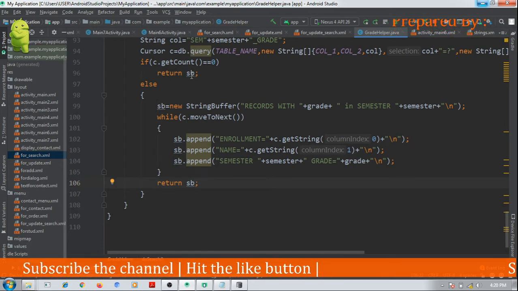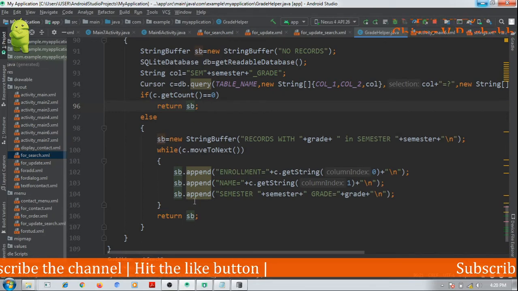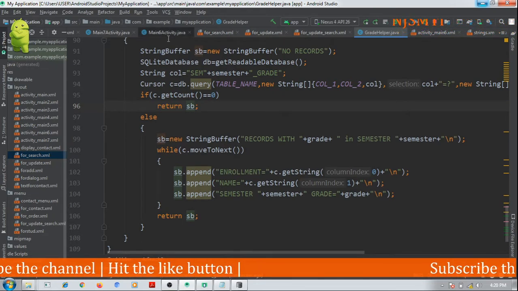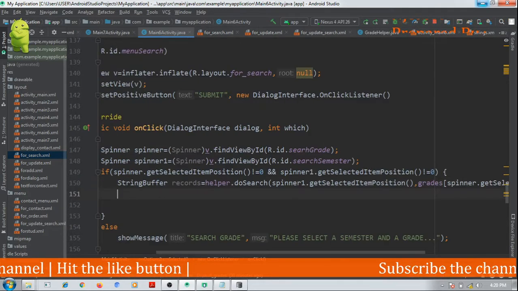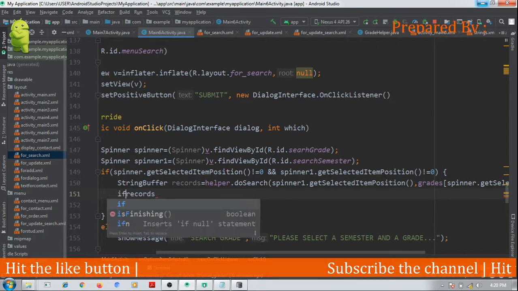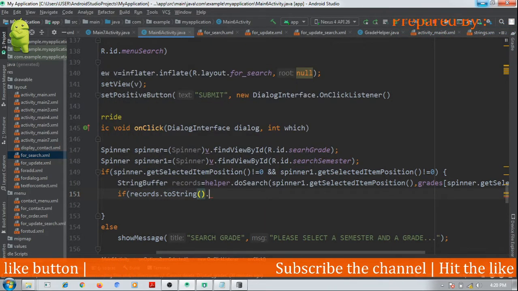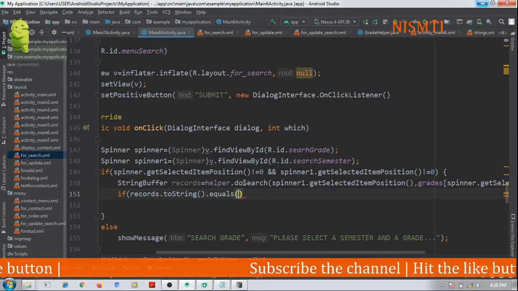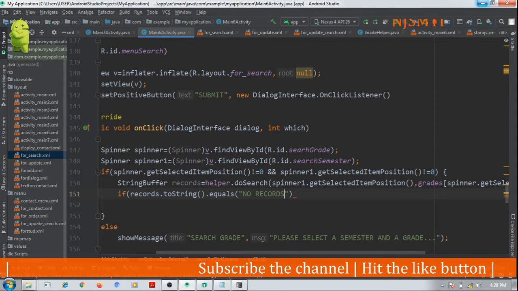Now either this SB may be no records or it will contain records. So we should check what this returned buffer, that is records, contains. If records dot toString dot equals no records, okay,